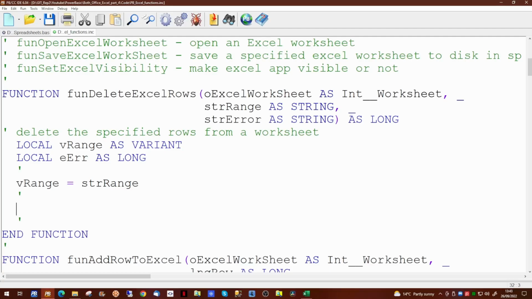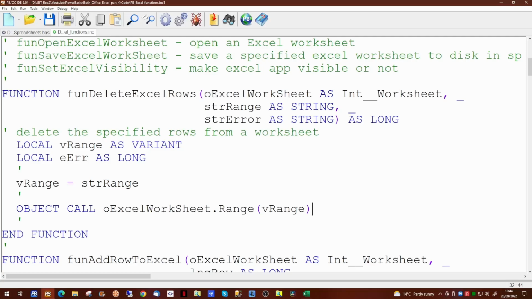As we want to perform an action on this spreadsheet, we're going to be using object call today. So we're calling using Excel worksheet, which is the object which we have already populated. We're going to be using a range, and this range is defined by the vRange variable. This tells Excel what we're going to be working on.